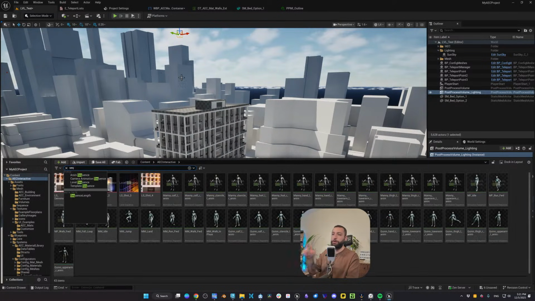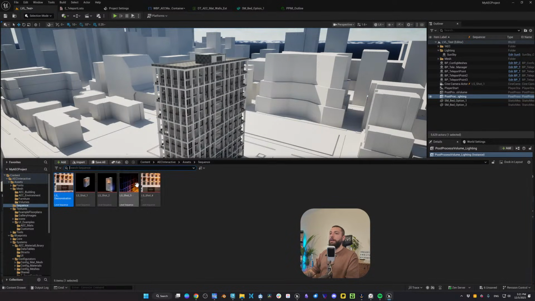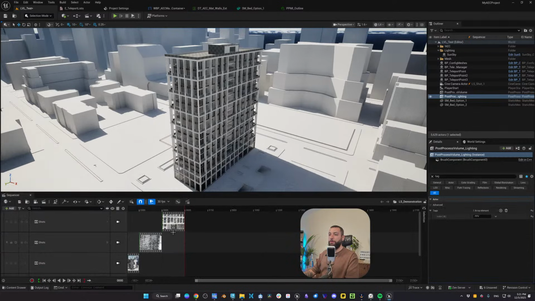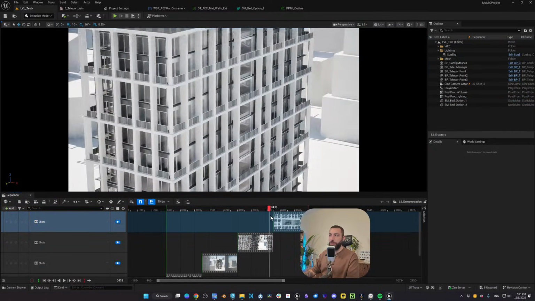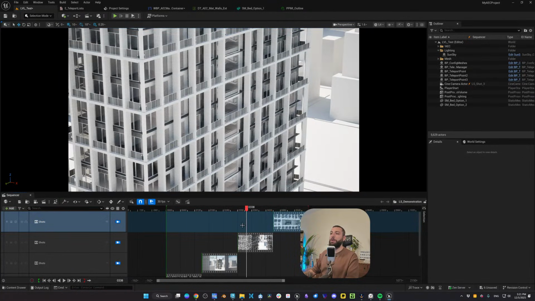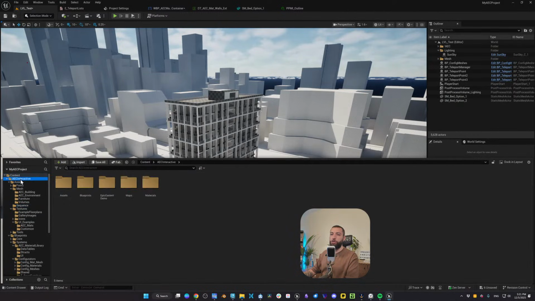Unreal, don't crash, please. Thank you. Here I have this level sequence. It's called demonstration. And basically, it's this animation. So once you set up your sequence, you can play it in the project.